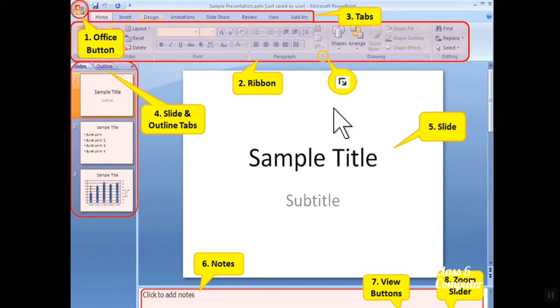Now the center part, that white color box, is called your slide. In MS Word we had a document, but in PowerPoint we will have slides. On your extreme left hand side, you can see multiple slides and it is categorized into slide and outline. So it is a slide and outline tabs. Below that, there is a notes tab where you can write down the notes